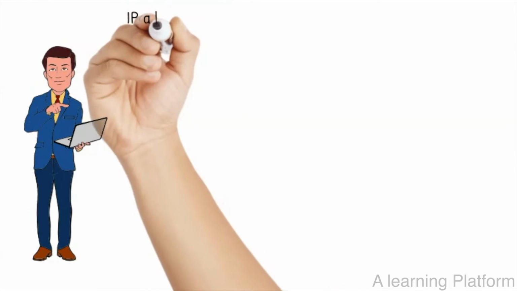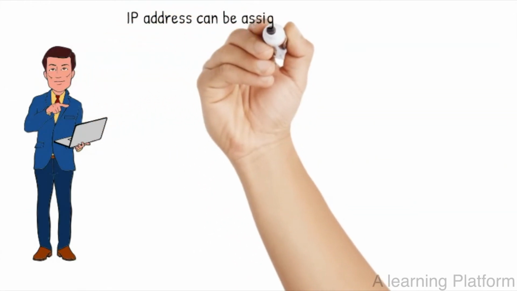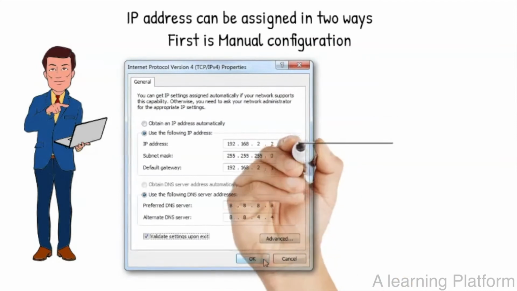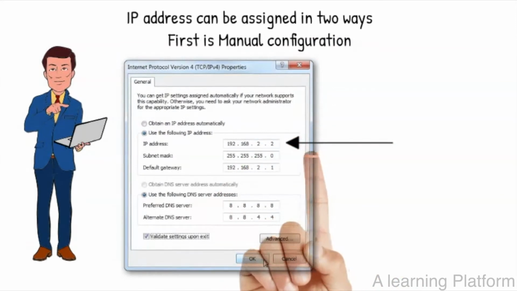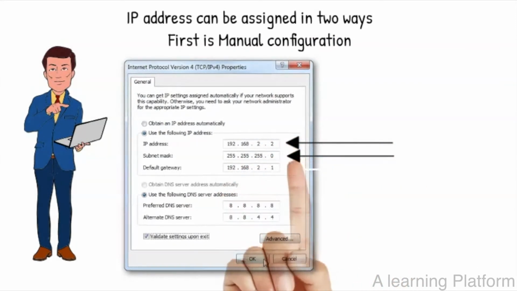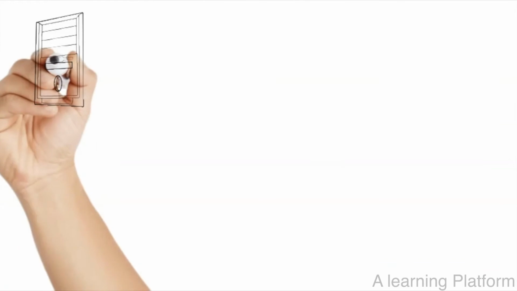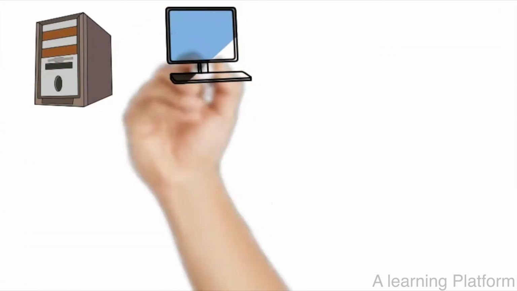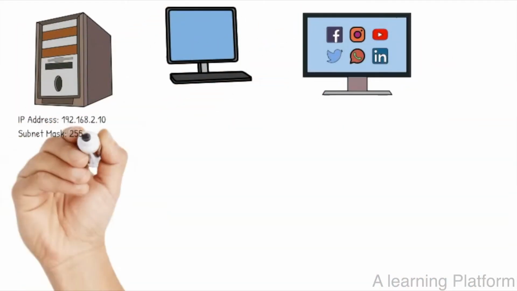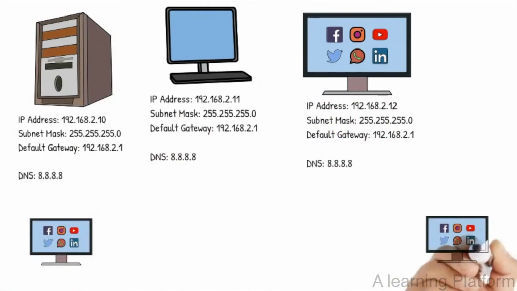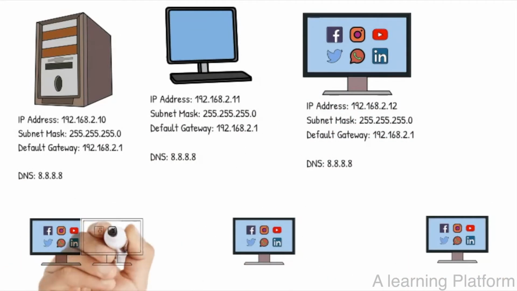deliveryman. There are two ways IP addresses can be assigned to a device. First is manually, where you have to specify the IP address, subnet mask, default gateway, and DNS server details. This process has to be repeated for all the computers. For a couple of devices it is okay, but imagine dealing with hundreds of devices.